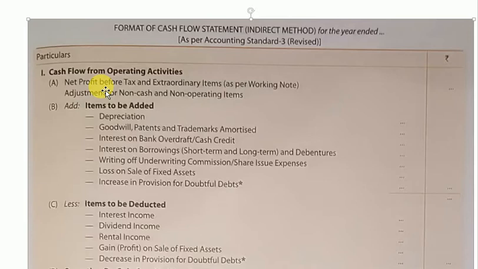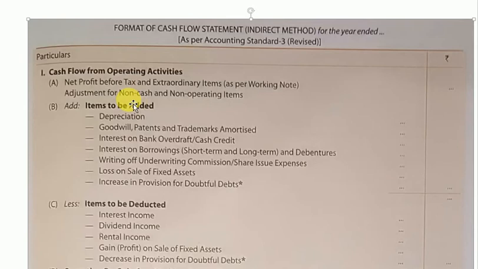Now, this first area, cash flow from operating activity, is the lengthiest area of our calculation because we have very specifically talked about investing and financing activities which relate to a particular area of the balance sheet, but the maximum calculation goes under operating activity, and here also there are more subheads. So what is this point number A? Point number A is net profit. Then you should write here add